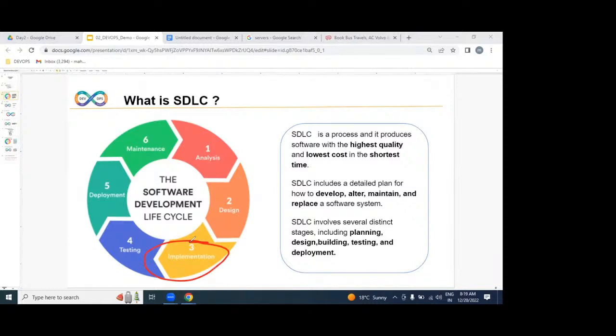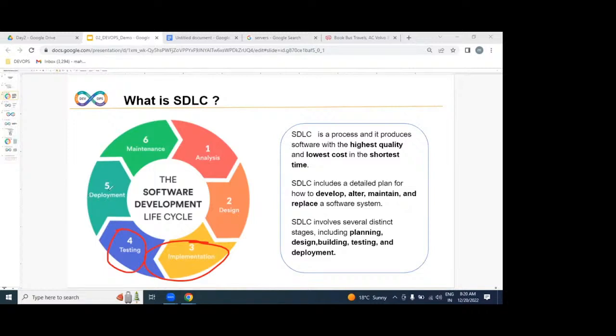Our developers will implement the software by using Java or .NET or Python, whatever. After successfully implementing the software, whether the software is working or not, our testers will verify by using automation test cases, manual test cases, or performance test cases, whatever.